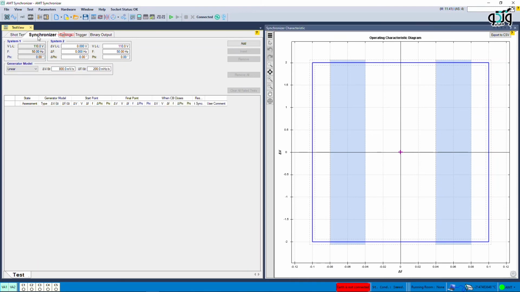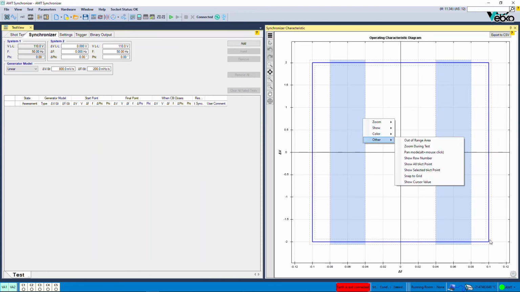To perform a short test in this room, like the other rooms, the user only needs to specify a test point and perform the test. Also, the performance of the relay in synchronizing the two systems is tested in Synchronizer tab. The synchronizer characteristic is displayed in the synchronizer characteristic window in accordance with the information entered in the test object of this room. The tools available by right-clicking or left-clicking in this window and the cog at the bottom are common